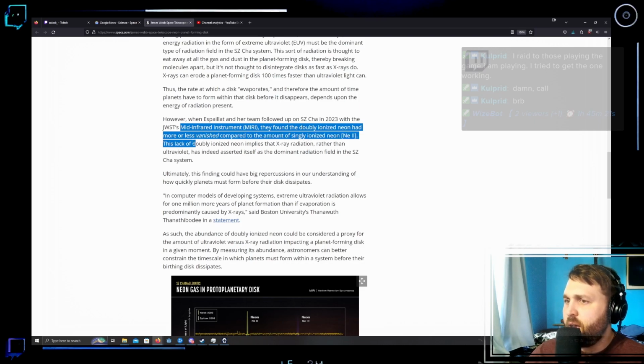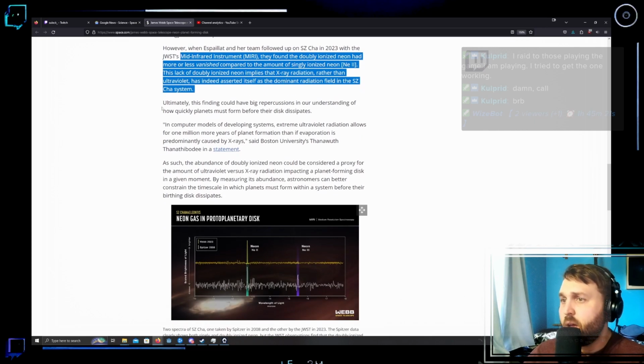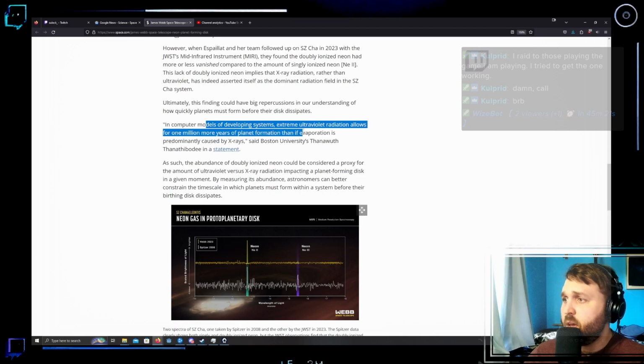ionized neon. This lack of doubly ionized neon implies that X-ray radiation, rather than ultraviolet, has indeed asserted itself as the dominant radiation field in the SZ Cha system. Ultimately, this finding could have big repercussions in understanding of how quickly planets must form before their disk dissipates. In computer models of developing systems, extreme ultraviolet radiation allows for 1 million more years of planet formation than if evaporation is predominantly caused by X-rays, says Boston University's